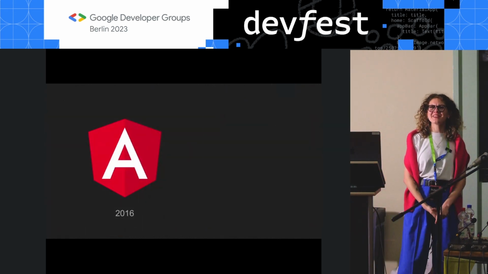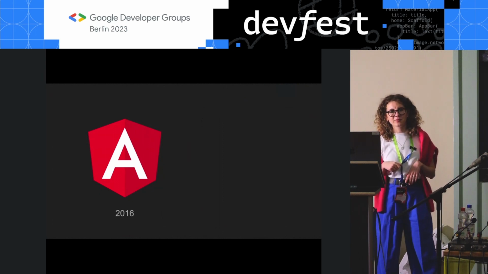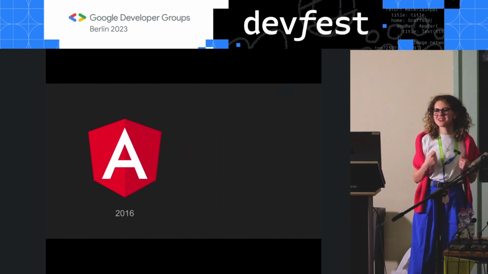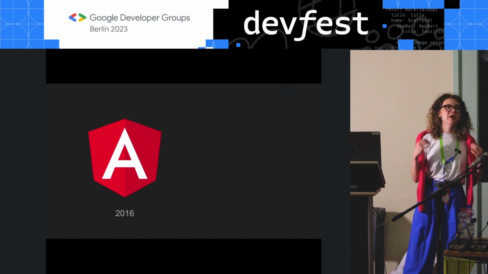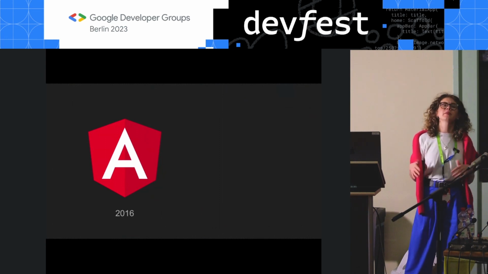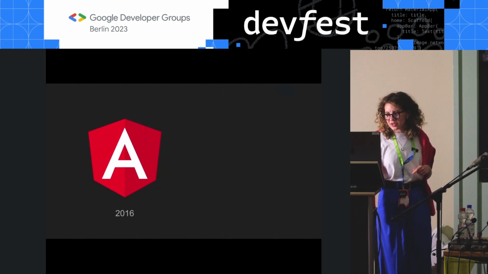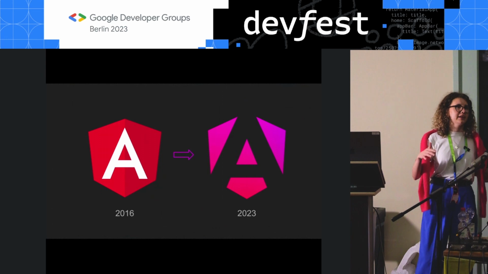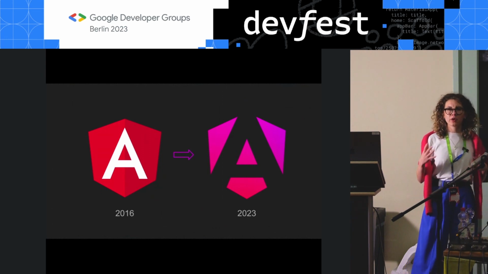Now, going back to Angular. The current version was born in 2016, and it was a successor of Angular.js. And the logo represented the combined shields of HTML5 and CSS. And back in the day, it paved the way for many web developers in their web journey. However, times do change, and so does Angular. So together with version 17, they completely revamped the whole brand and also the logo to embody the new modern identity, but also the priorities moving forward.